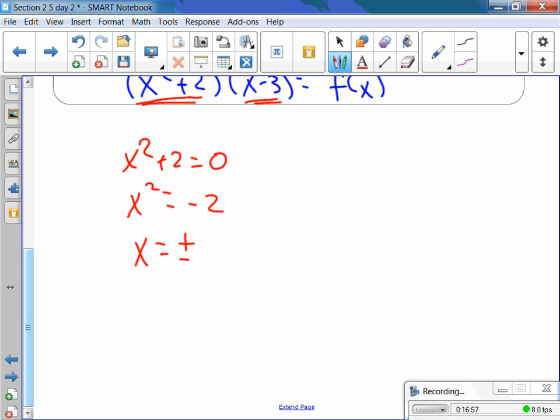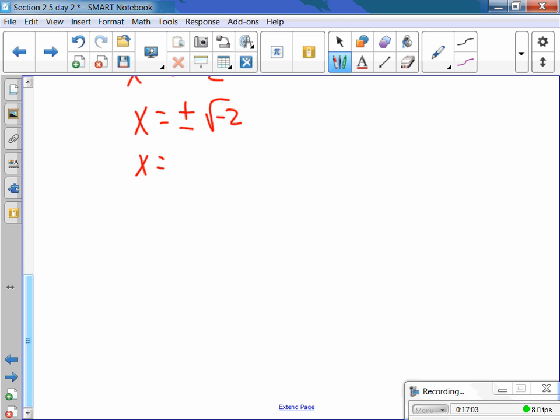I think I hear the answer. What is it? So here we come up with x equals plus or minus square root of 2i. Again, the i comes out with that negative square root of 1. So my zeros